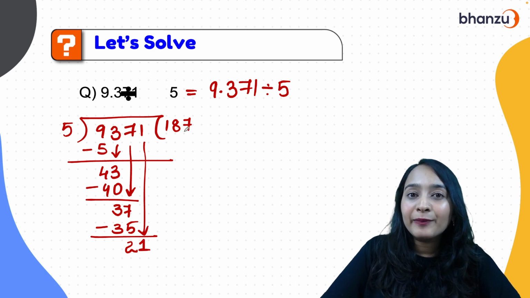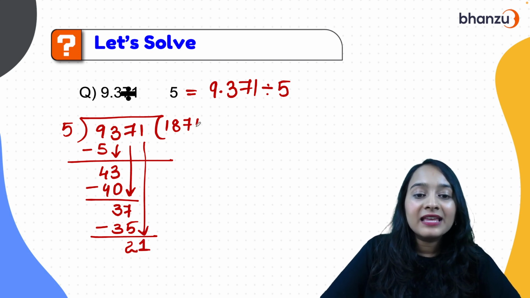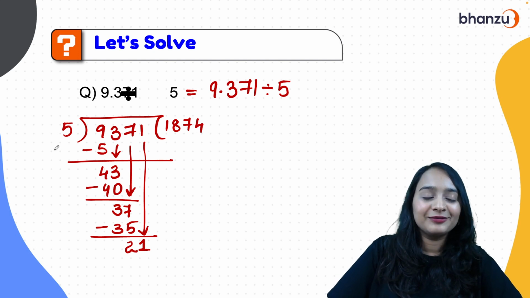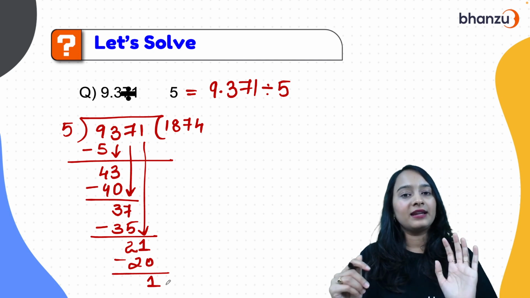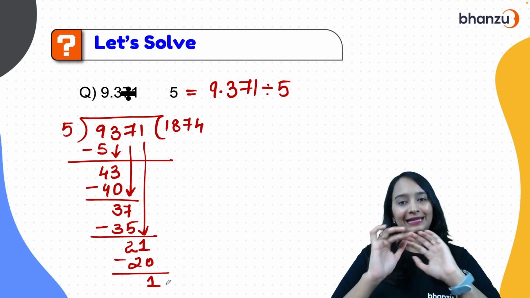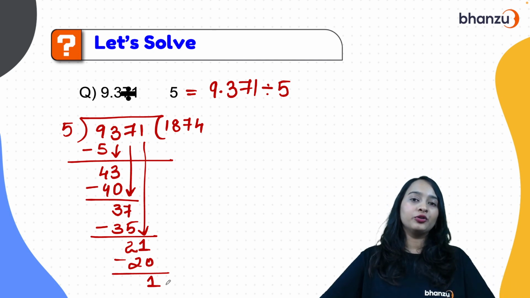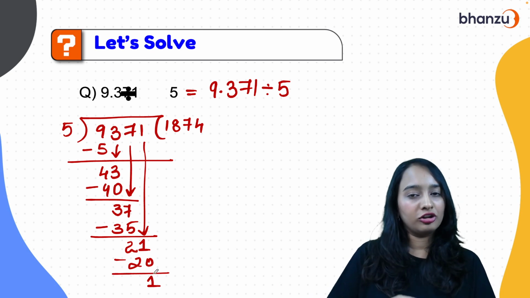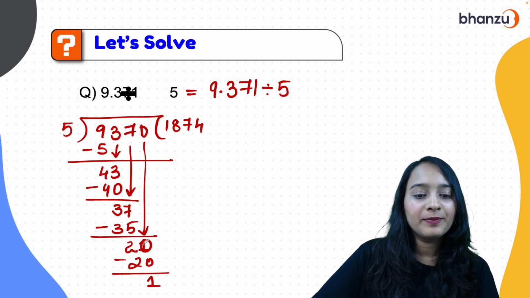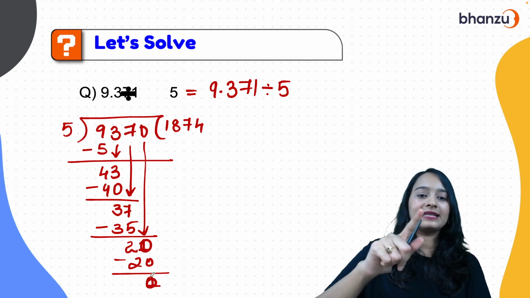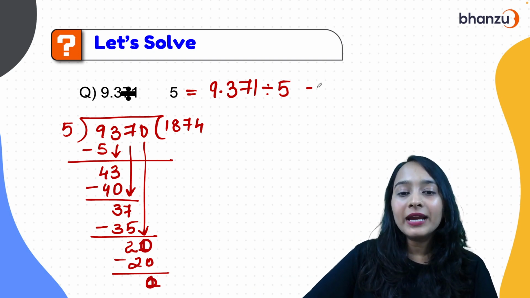And what is going to happen here? You will be having 5 4s are 20 and you have the remainder as 1. Now either you can leave it here, or if you want to do it further, you can. It's totally fine. Let's do one thing. Let's take this to be 0, to make our lives easier. But I'll give you another example, so don't worry. So here you are getting the answer as